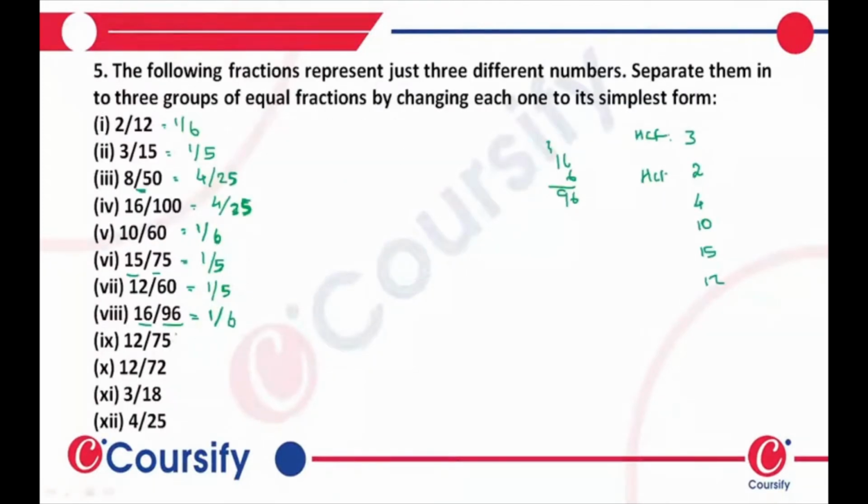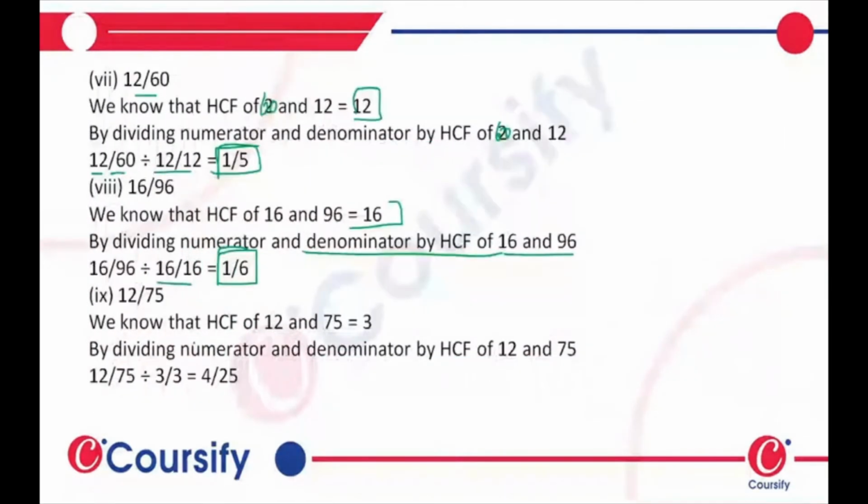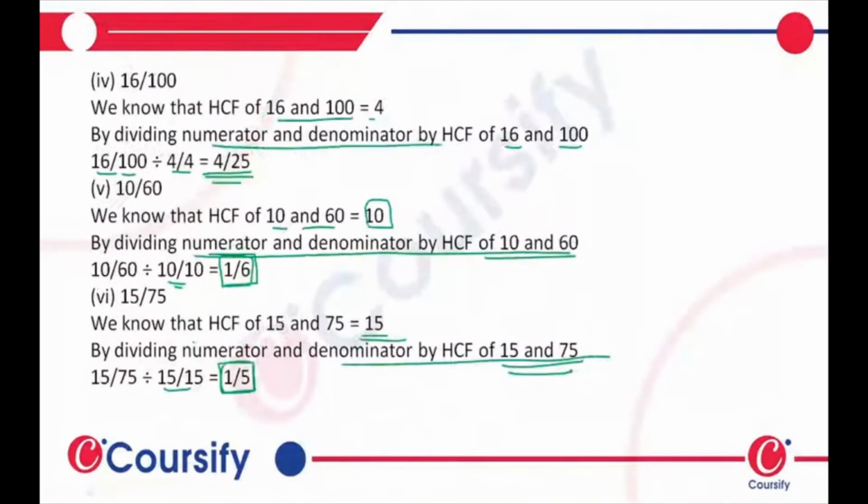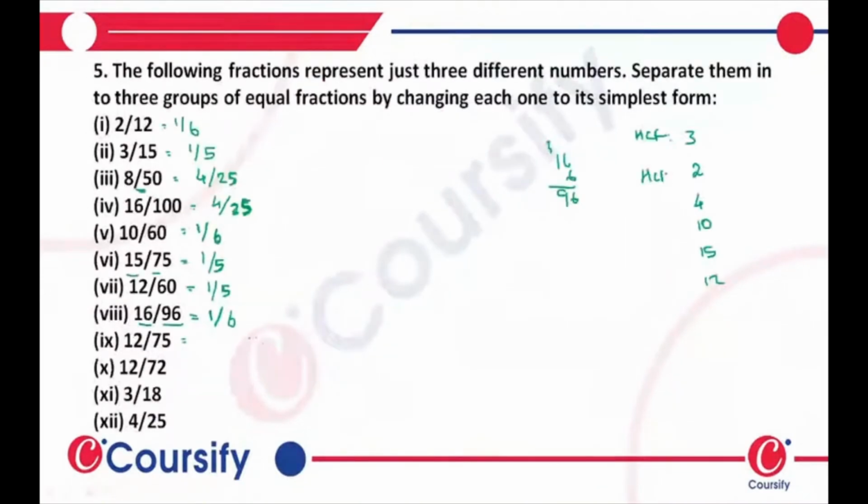Next question we have 12 by 75. In the case of 12 by 75, we get the HCF as 3. The way you could find this HCF is using the prime factorization method. It's simple, right? You use prime factorization, and then you take out the common factors, and among those common factors, the biggest number you see is the HCF.